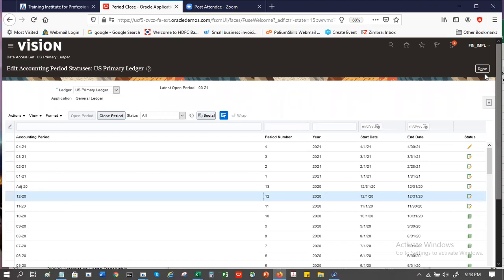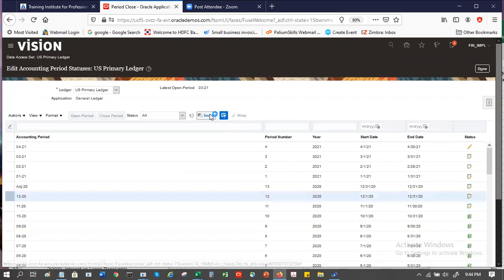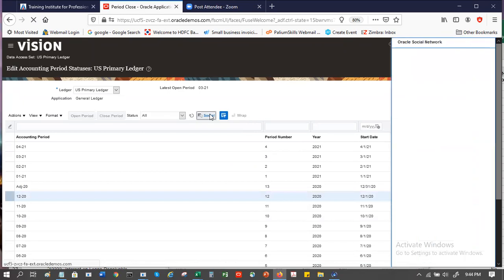Saurabh, what is the social tab here? How will it help us? Oh, that's a killer feature from Oracle Fusion. It's just a part of Oracle Social Network. They have deployed something called Oracle Social Network where internally you could have your people, let's say your team.